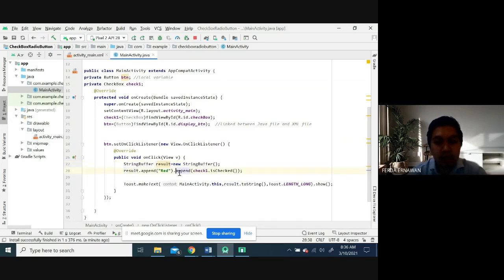If I want to return the value once the user checks the checkbox, true or false, I can use check one is checked. So this one returns the false or true value. But if you don't want to display the true value, just remove this one like this.